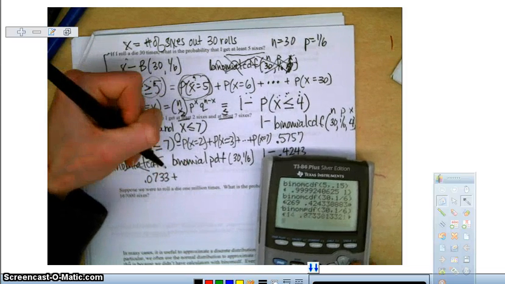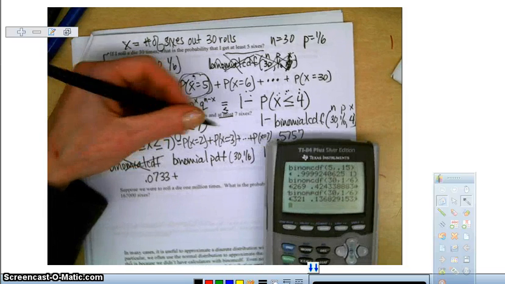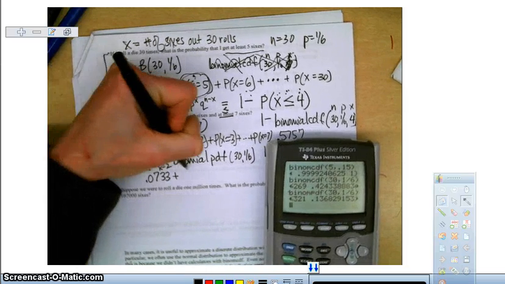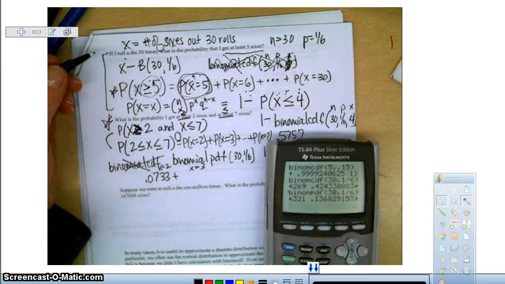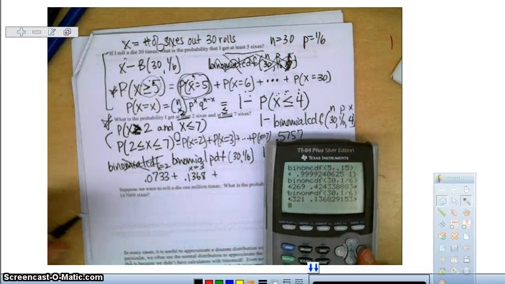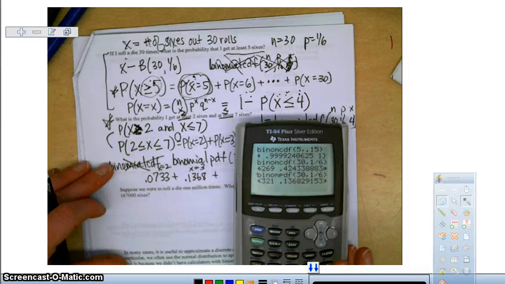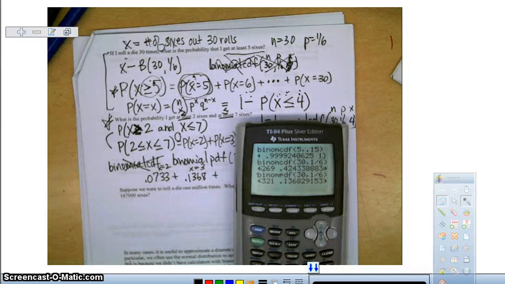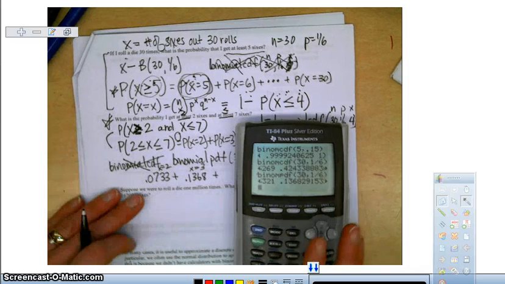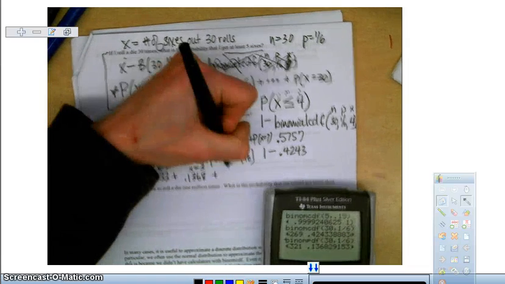So this is going to be 0.0733 plus the next one. This is x equals 2. The next one is x equals 3. So this is 0.1368. Do you see what's happening here? Does this make sense? Okay. PDF gives all the equal to ones listed out. So I want x equals 2, 3, 4, 5, 6, and 7. So I have 2, 3, and then I want 4,